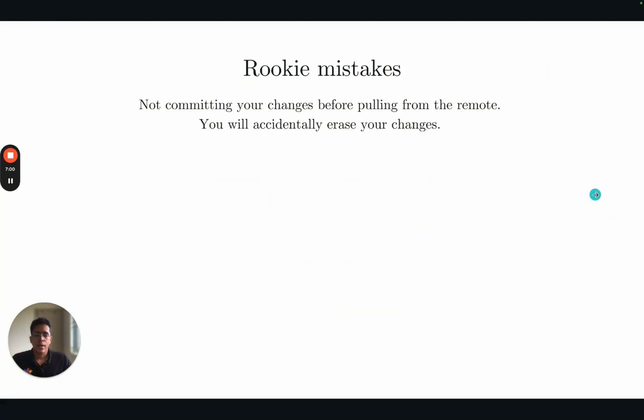Now, if you start working on GitHub, there are a few rookie mistakes everyone makes. And one of the intentions of this course is to help you prevent these rookie mistakes. So I remember at one point when we were building our Visuara's first version of the website, we worked on it for one week or something, and I had a lot of changes on my end, and I did not push those changes. I did not commit those changes.